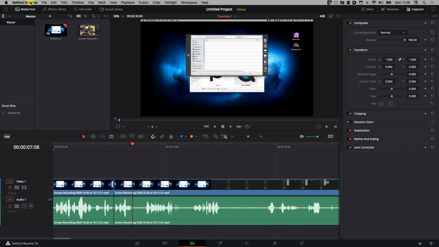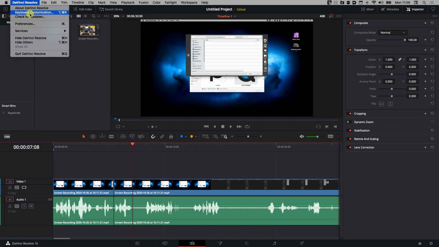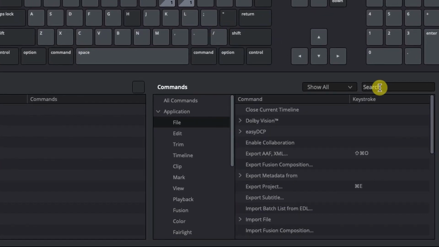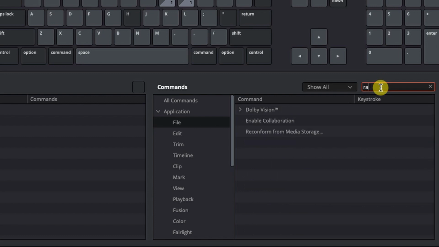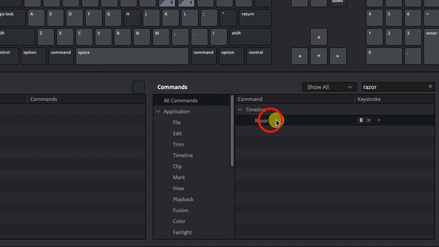I go here to DaVinci Resolve, keyboard customization. And by the way, I always also see here the shortcut which you could click. Now in my case that's the razor. So I type here razor, and now nothing is indicated because I'm here only on the file, so I want to show all commands, and here you have it, which would be hidden under the timeline. So the razor,